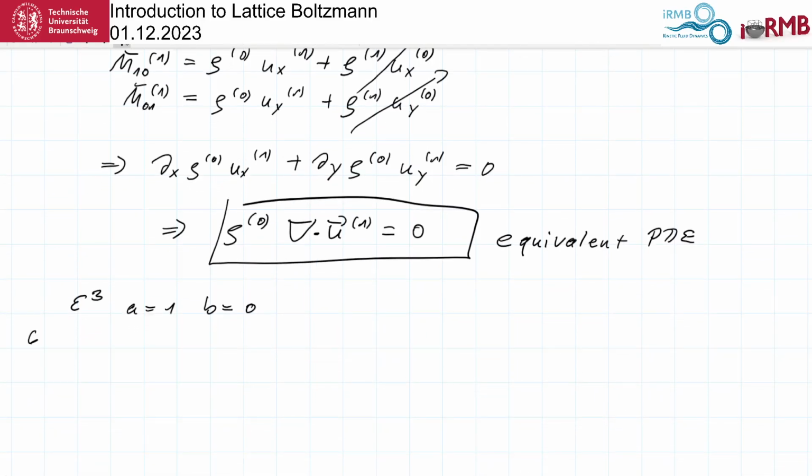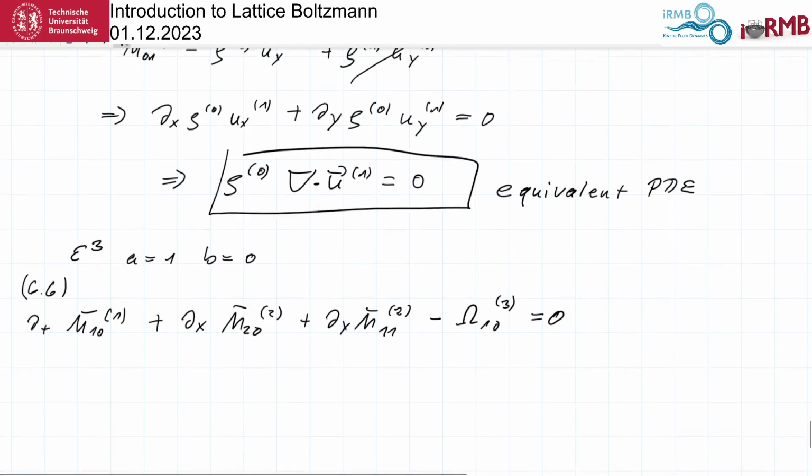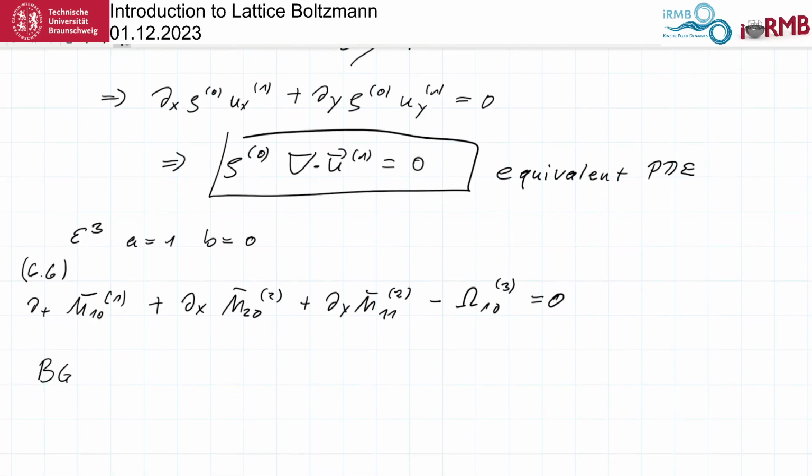So this gives us equation 6.6: dt m10 first order, the time derivative of this, plus dx m20 to second order plus dy m11 to second order minus omega_10 to third order. So now this would be the momentum equation in the x direction, yeah? And the BGK collision operator,